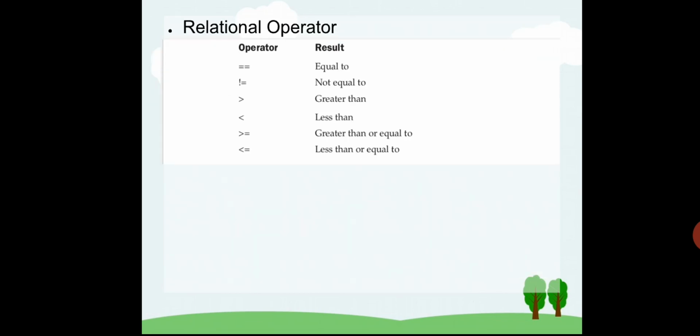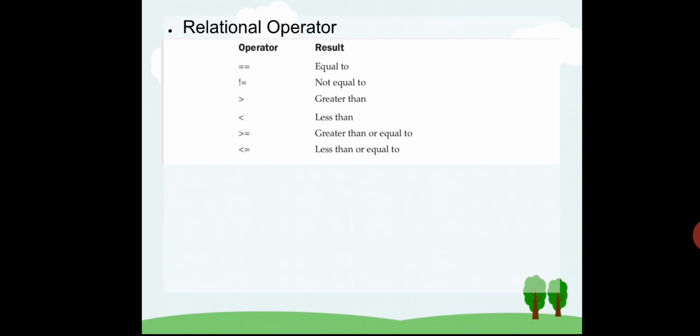Fine. The next thing is relational operators. So it is nothing big. Equal to, double equal to. In mathematics, you usually go for single equal to, but here you go for double equal to. So if you want to relate or compare, at that time you can go for this. The next ones are not equal to, greater than, lesser than, greater than or equal to, lesser than or equal to.